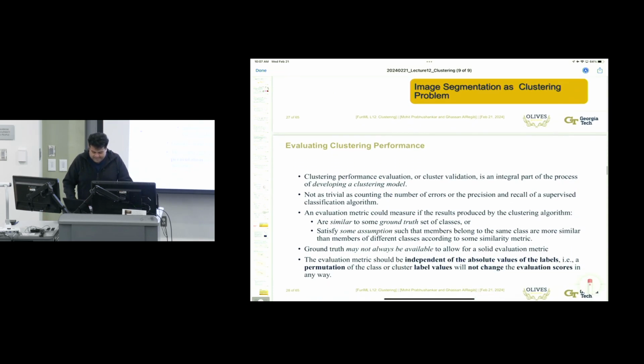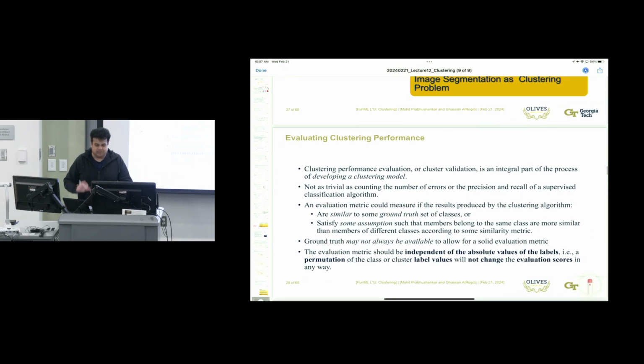The difference between classification and regression versus clustering is the idea of access to ground truths. We started off by saying that this is an unsupervised learning algorithm. That means there are no ground truths available, which means that simple measures like accuracy, where we just had a prediction versus ground truth and saw the difference between them,